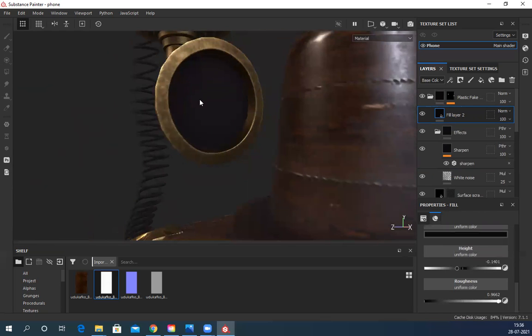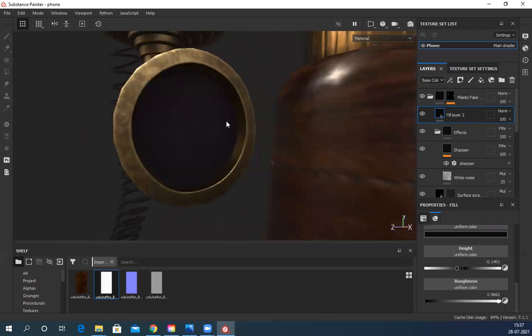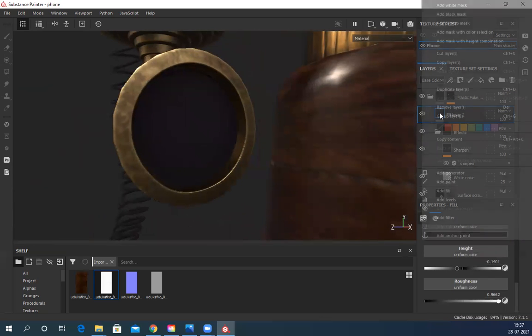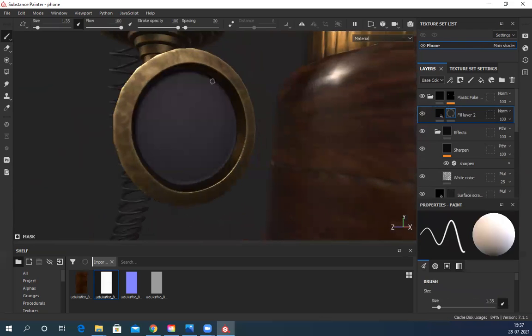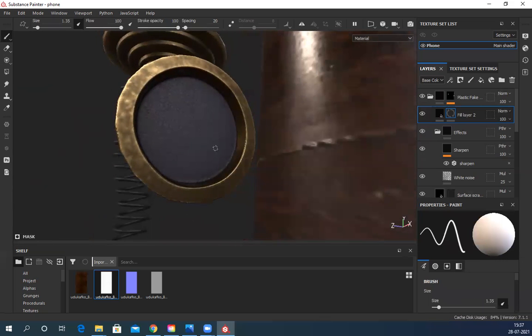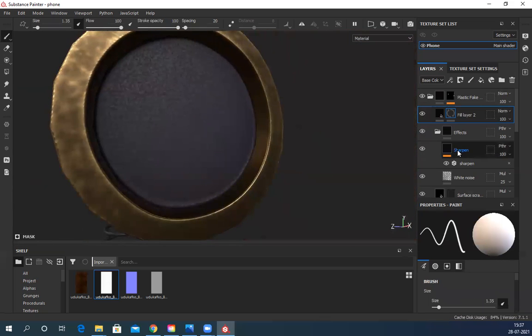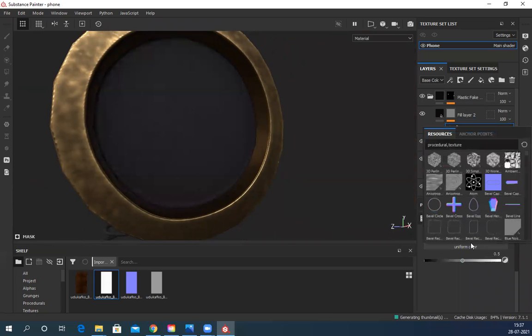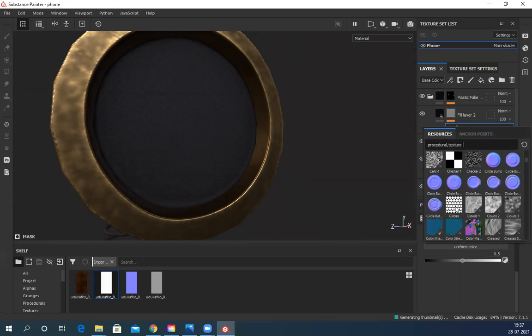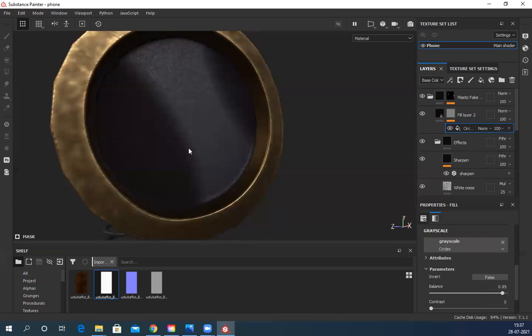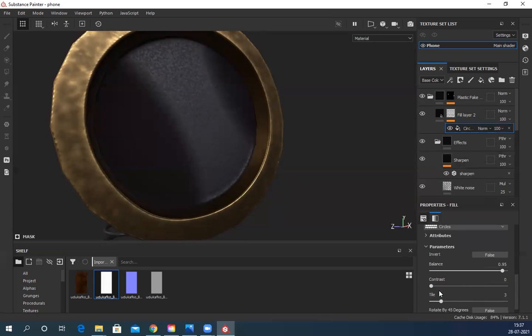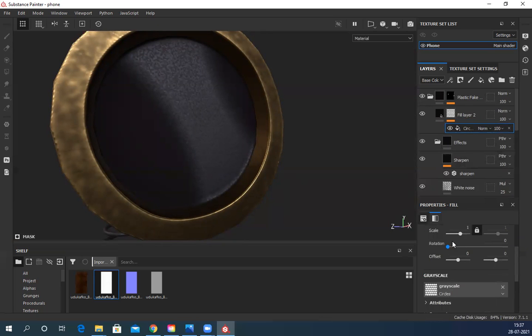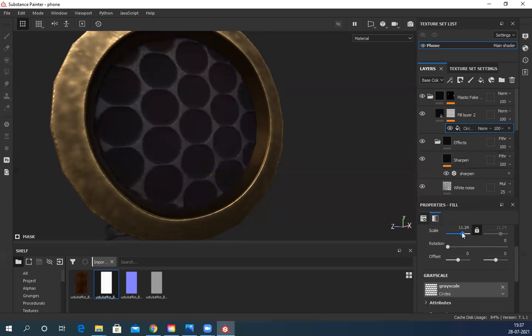So now for this area, I need to create those dots. Right click, add a black mask. I have this nice noisy thing going on, so I can add a fill. Right click, add a fill, any gray color thing, some noise or something. Let's see. Circles. Scale.